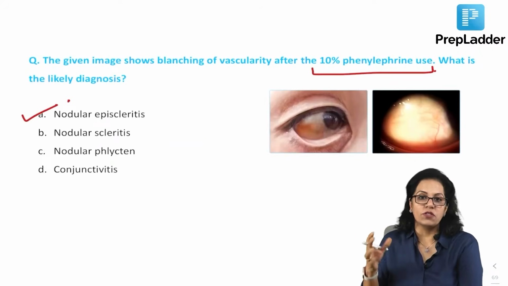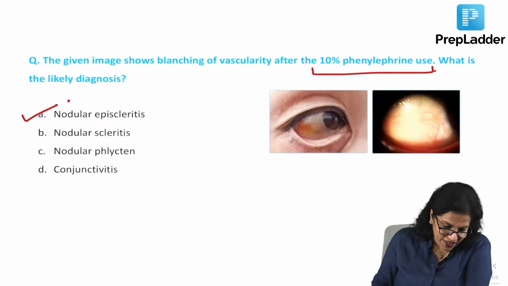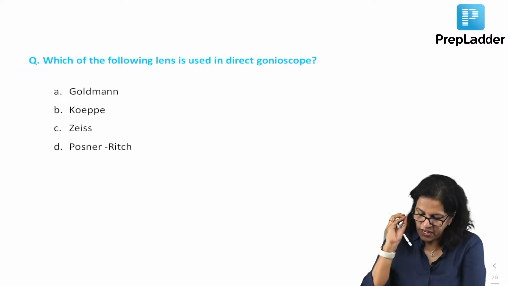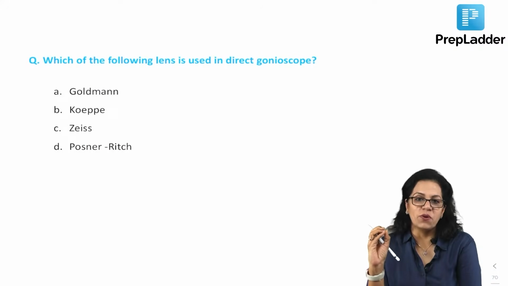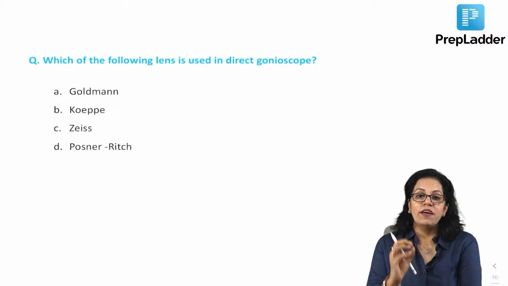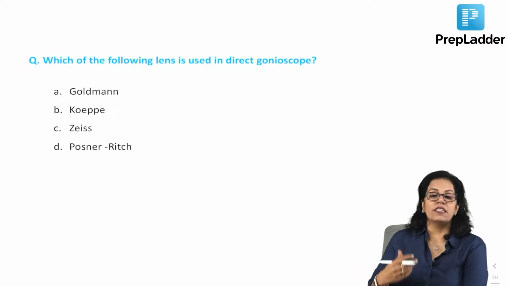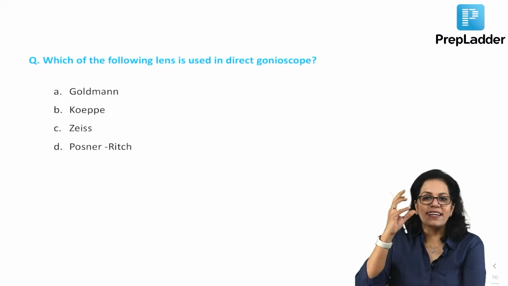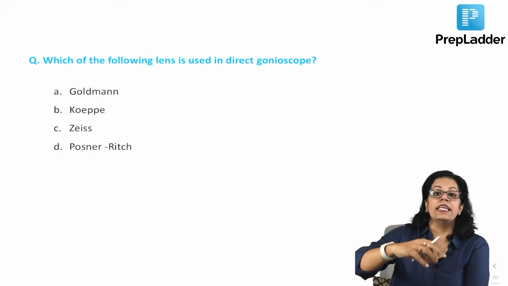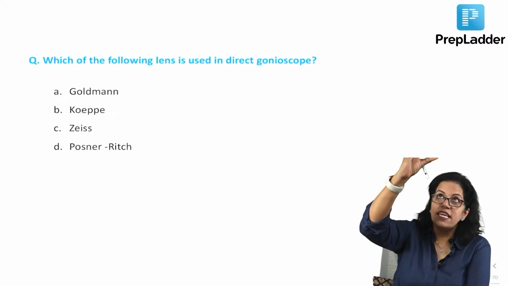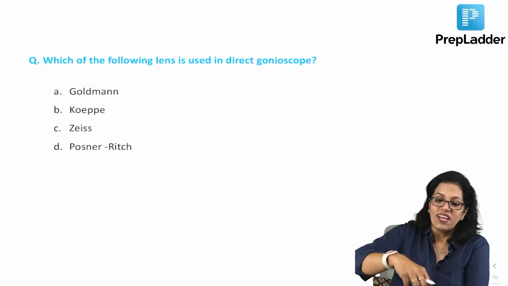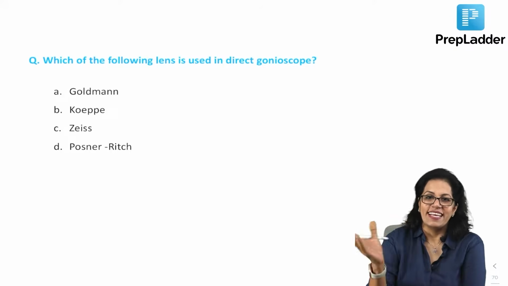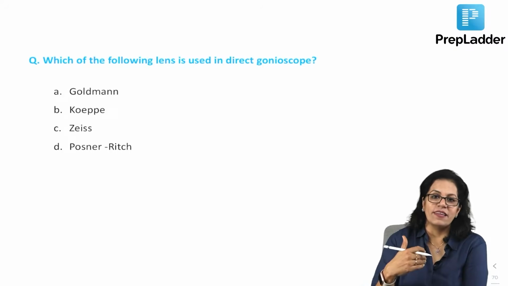I think this test is so simple and so many times revised, it should be very, very clear to you all. We next talk about which of the following lenses is used in direct gonioscopy? What is direct? When we are not seeing through reflected light. What is indirect? When we are seeing through reflected light. Now, don't mug it up. Practically, if I am looking at the patient in indirect, whatever I am seeing above is actually the lower angle. Whatever I am seeing lower is actually the upper angle. This is what it means. It's all inverted, laterally inverted or this way inverted.